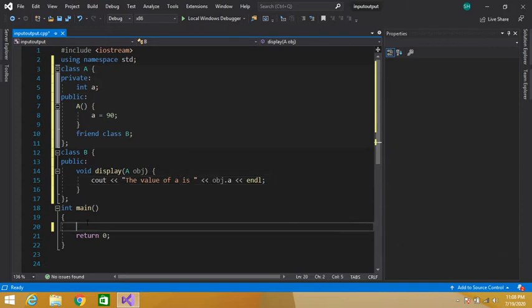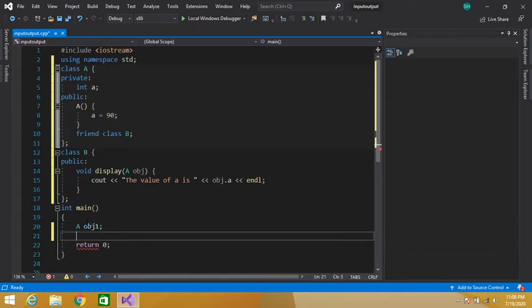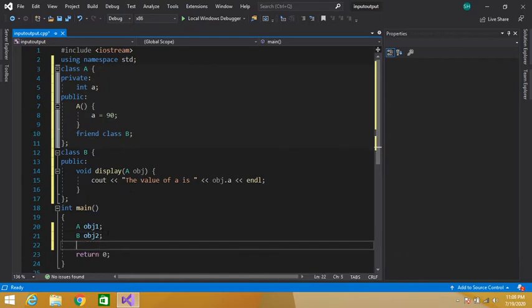Okay guys, now let's create two objects in main. Let's say object obj1 and a second object of class B. We have created an object of class A and an object of class B, and I have to call this display function to display the value of the private data member of class A. This display function belongs to class B, so by using this second object, the class B object, we can access this function.